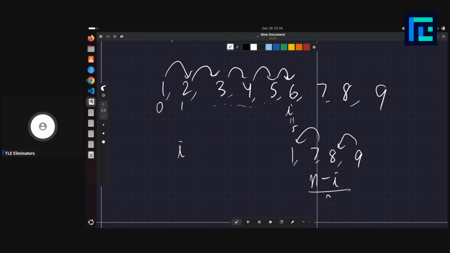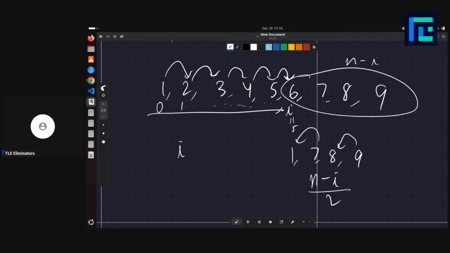So (n minus I) upon 2 elements will die, right? So if you go from left to right until I, you will be left with n minus I, and then you can just go from right to left, so you will kill (n minus I) by 2. So I plus (n minus I) upon 2